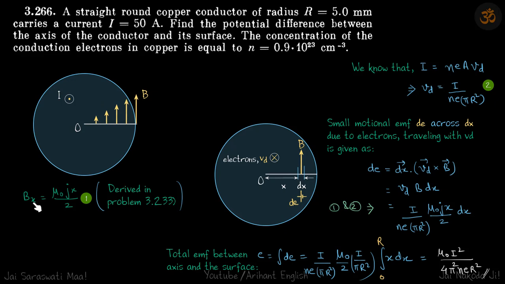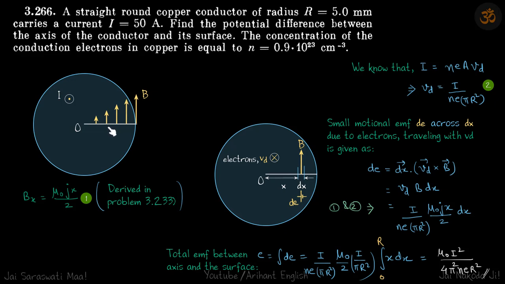So Bx, first thing is, at a distance x inside the conductor, the magnetic field is mu naught Jx by 2. So this we have derived before. So why do we need the value of B? Because for EMF induced along this line, we are going to use our formula, integral of L into V cross B across this line. So we will get the value of B from here. dx we are going to integrate, and